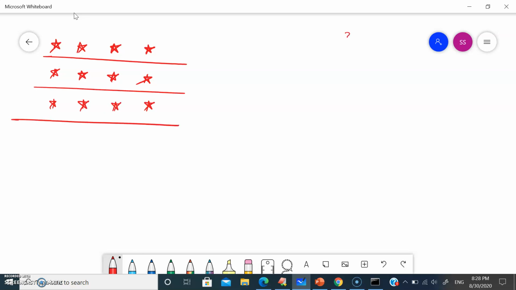We have 3 rows and 4 columns, right? So 3 rows and 4 columns. If you want to print this pattern, the first step is to convert this pattern into a matrix format. Then it's very easy for us to calculate.